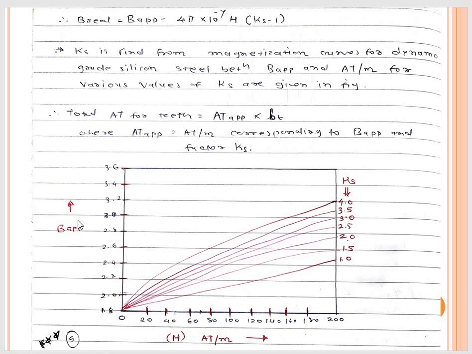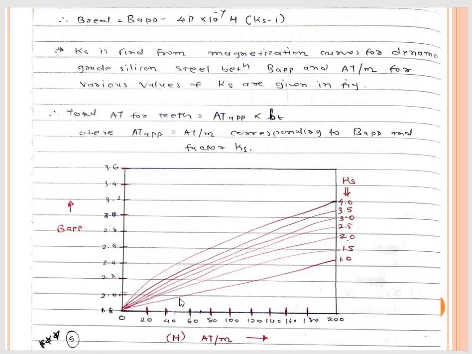This is the B apparent flux density. This is the corresponding H, magnetic field intensity measured in ampere turn per meter, scaled from 0, 20, 40, 60 till 200, and the y-axis is scaled from 1.8, 2.2